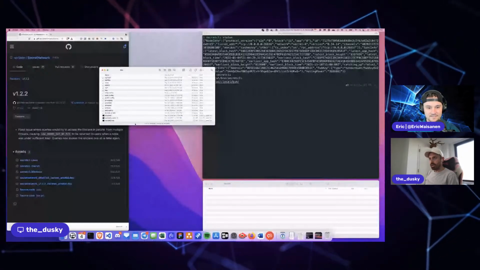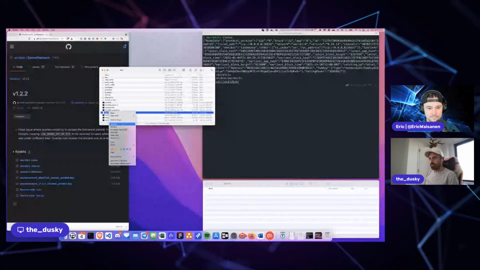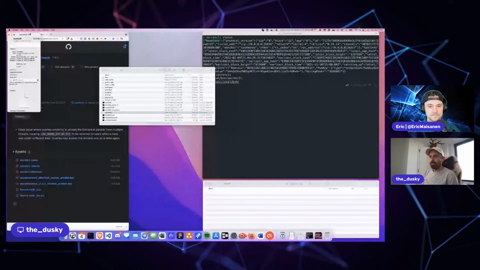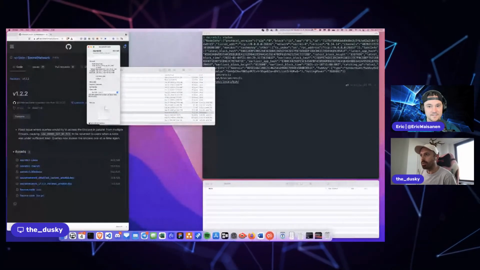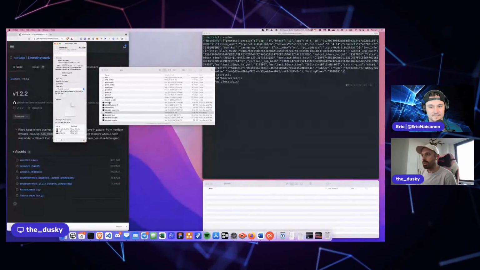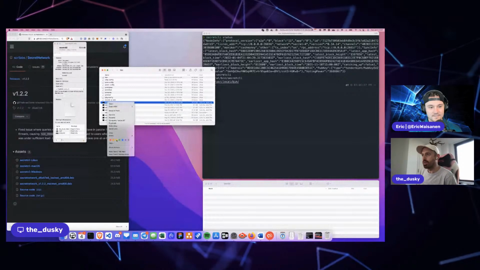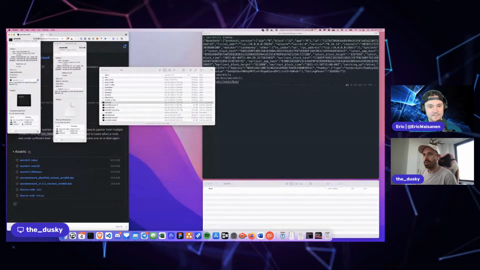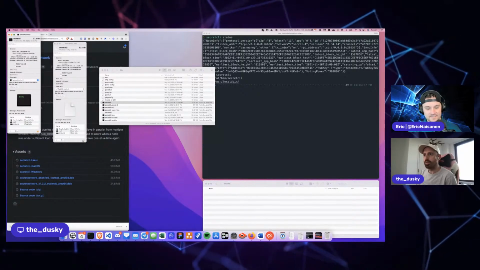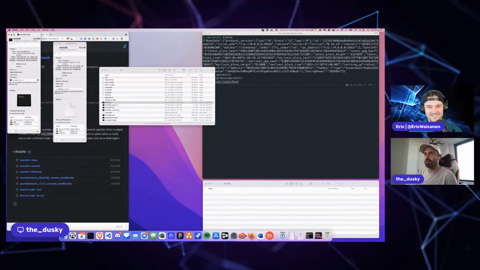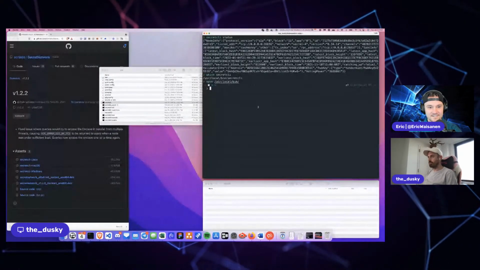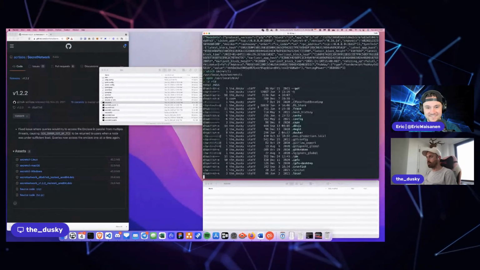Then I only have to do one other thing: change the permissions. You can do it with a command line, or you can go to sharing and permissions. Let's compare it. That's what it is for this one. For the actual one, get info. It's read write, read only, read only. It looks the same, but I don't think it is, or else it would look different. I think what it has to be is 400. But anyway, I'm just going to do some quick stuff. Don't get too concerned about this.